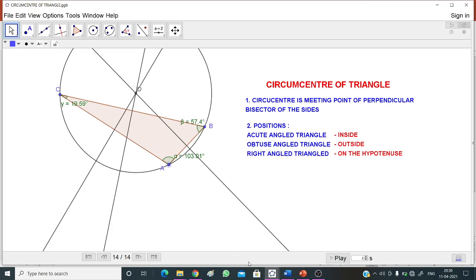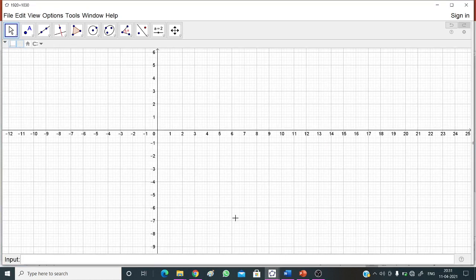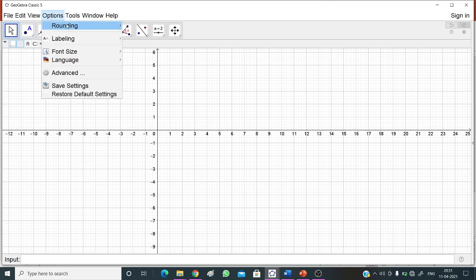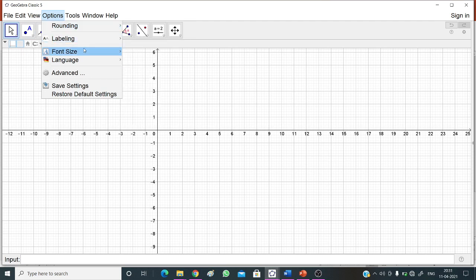Now let us try to prepare this dynamic worksheet from the sketch. So for this, open a GeoGebra worksheet. In the options, set rounding to decimal places, labeling of new points, and font size as per your convenience.